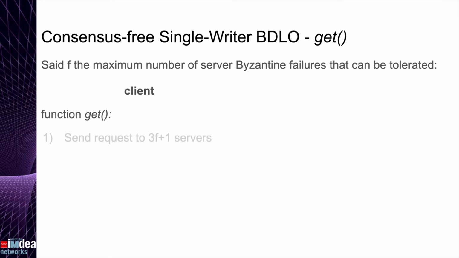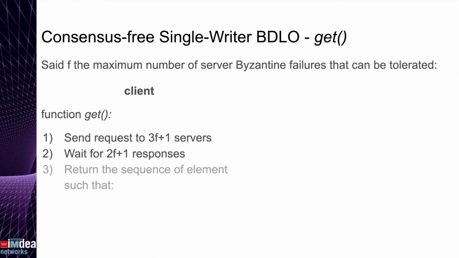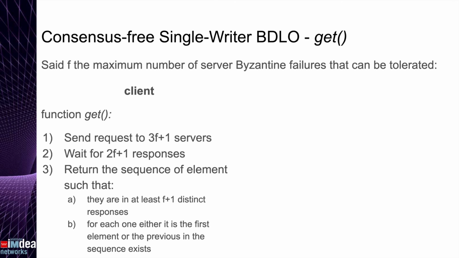When processing a GET request, again, most of the logic is in charge of the client. In fact, he needs to send requests to 3f plus 1 different servers and wait for 2f plus 1 responses in order to have at least f plus 1 responses to process. In this case, each element is returned if it is present in f plus 1 distinct responses in order to ensure that at least one correct server processed the request, but also an element is returned if it has the previous one in the sequence,